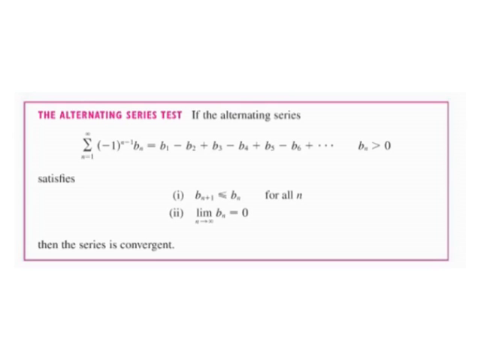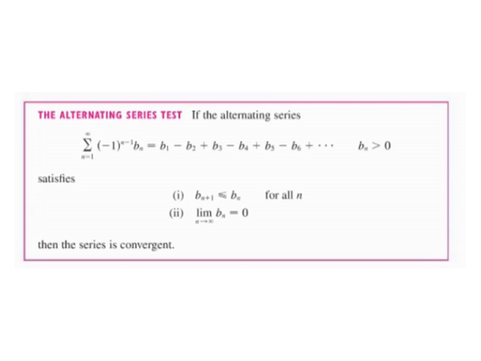Hi. So today I'll be talking about the alternating series test. Basically, the alternating series test is a test that is used to determine convergence. It is used to determine convergence in a series that deals with negative terms. Not only does it deal with negative terms, but also with terms that alternate between positive and negative